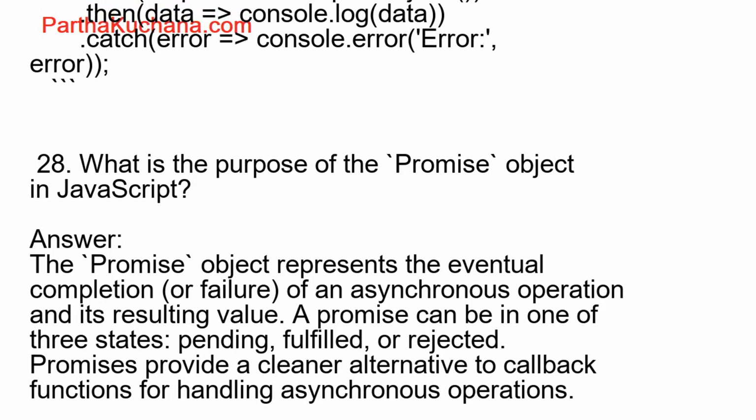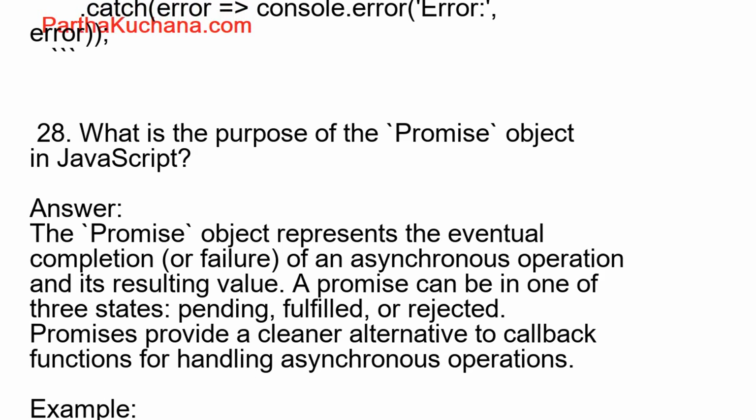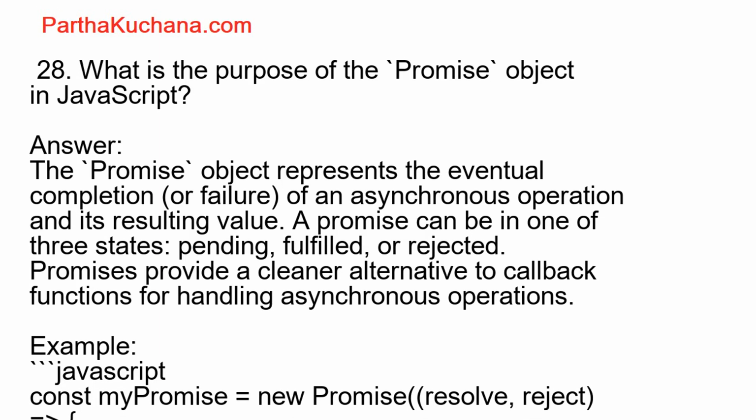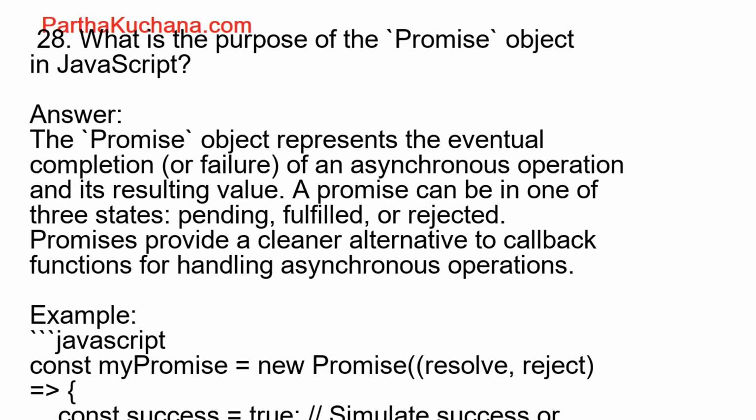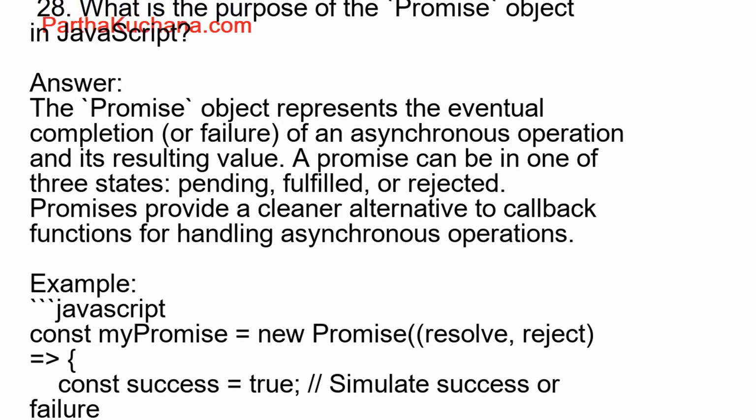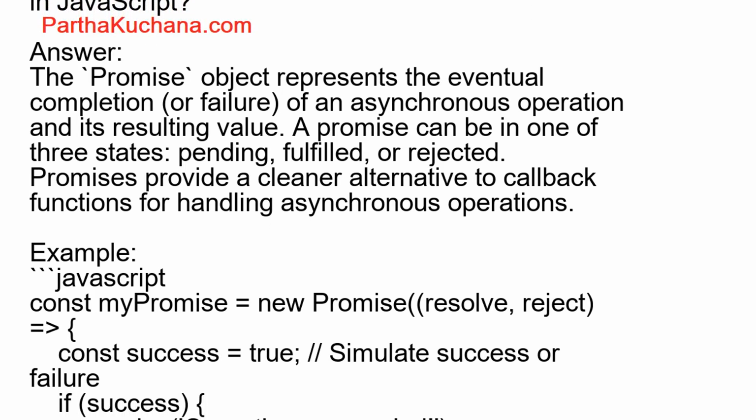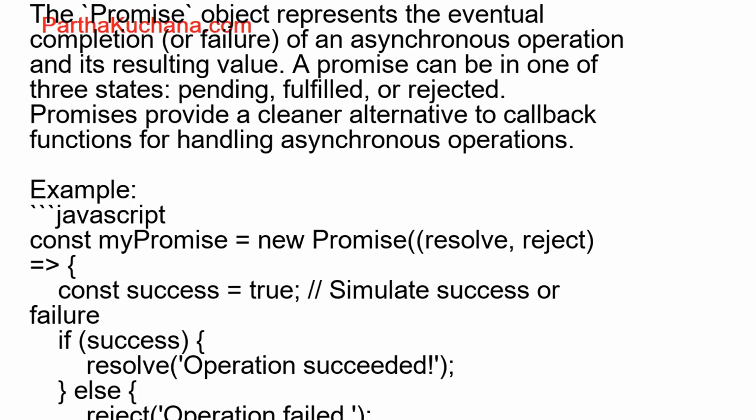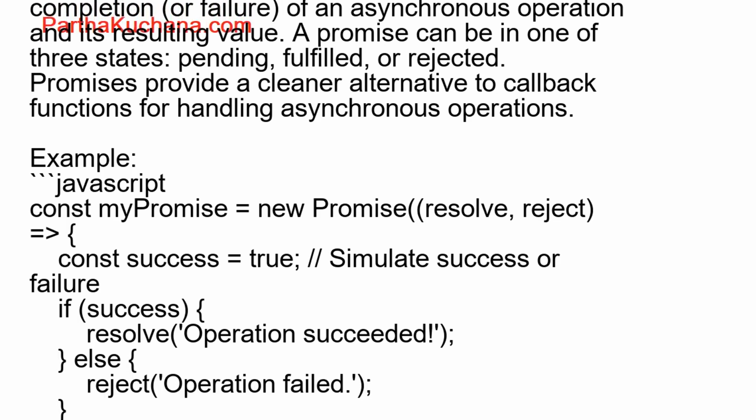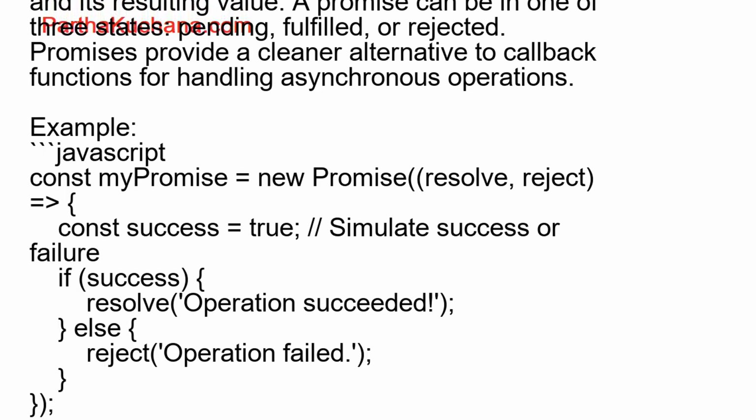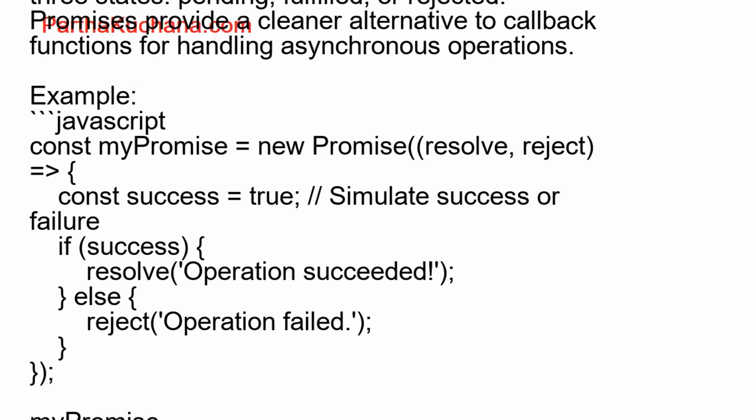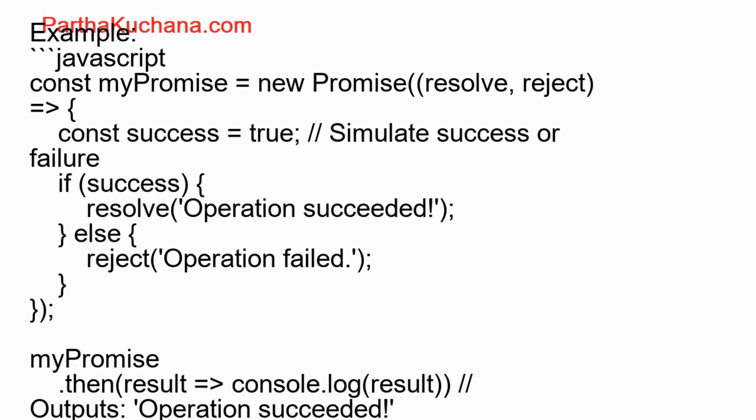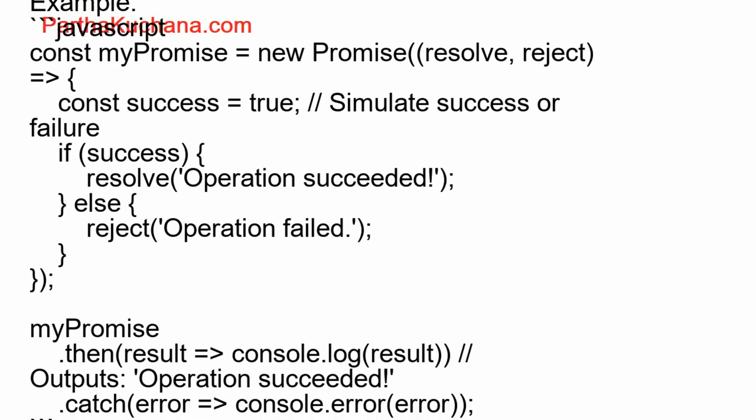Answer: modules in JavaScript allow you to break your code into separate files, making it easier to manage, maintain, and reuse. ES6 introduced the import and export syntax for working with modules, enabling you to import functions, objects, or variables from other files. Example: module.js. JavaScript. export const greet equals name equals hello $name. Example: main.js. JavaScript. import greet from ./module.js. console.log greet Alice //